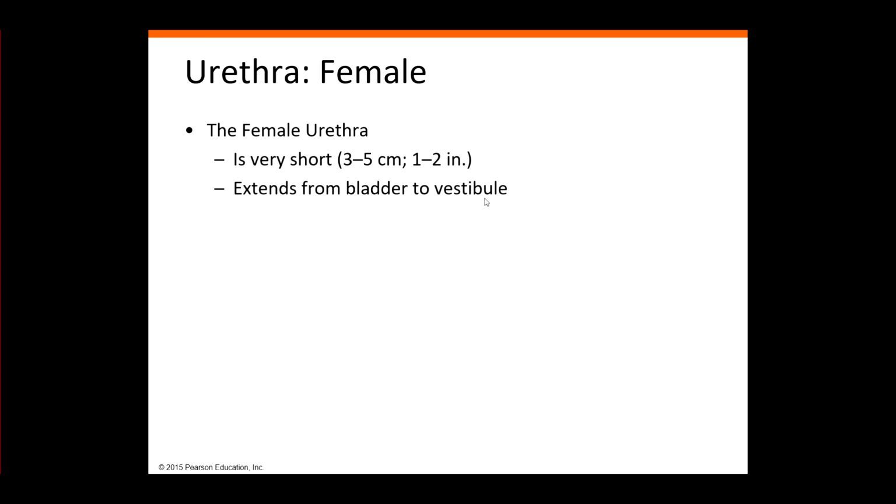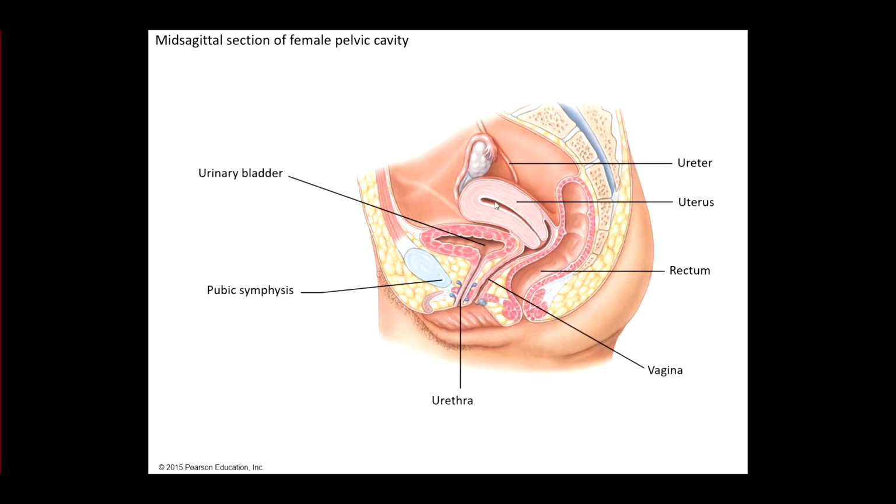We'll learn in a subsequent lesson that the vestibule is just the area between the labia minora. These are two folds of skin on the outside of the female, the external genitalia. Without getting into that lesson now, we're just going to say this is the area between the labia minora. So take a look here, just to give you a little bit of an idea. So here we can see the ureter coming down. This also is the sagittal section, going past the uterus right here,